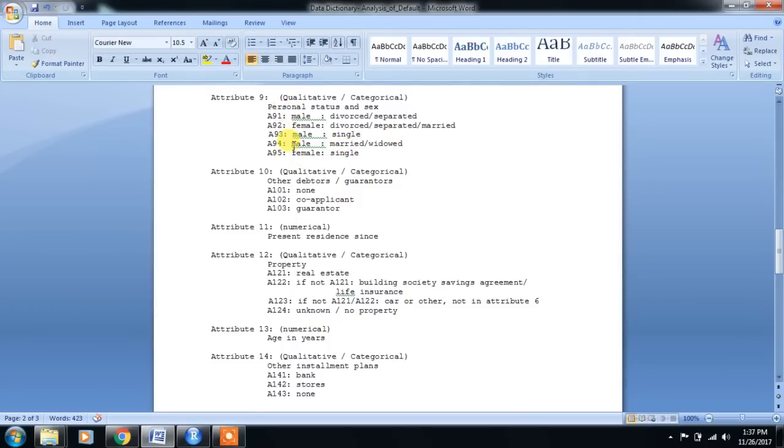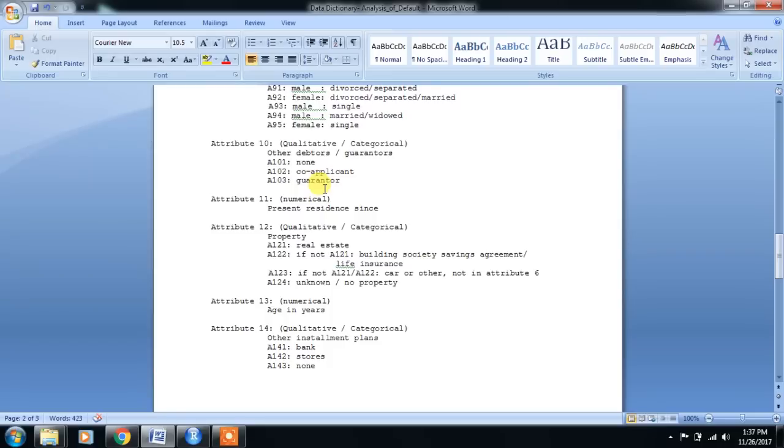This is the bucket we have created. Second is other debtors and guarantor. Over here we bucketed whether any co-applicant or any guarantor is there.